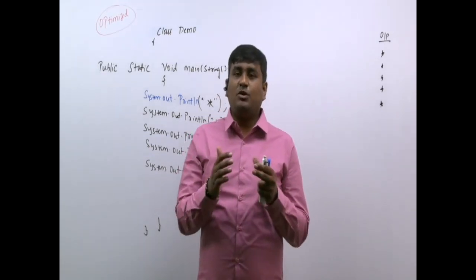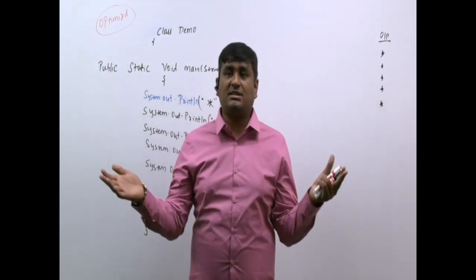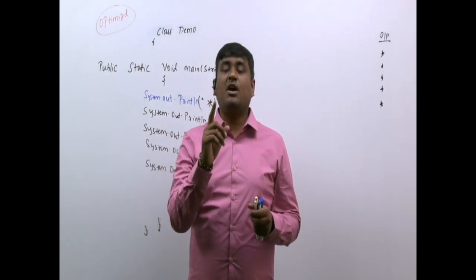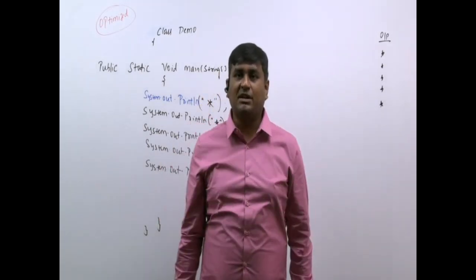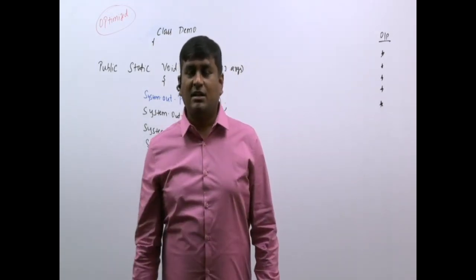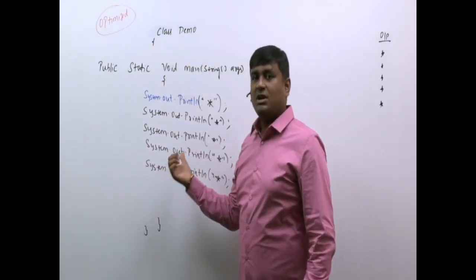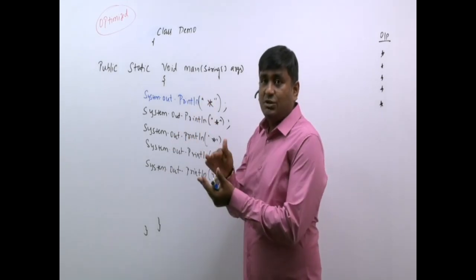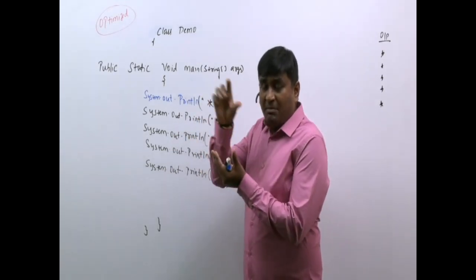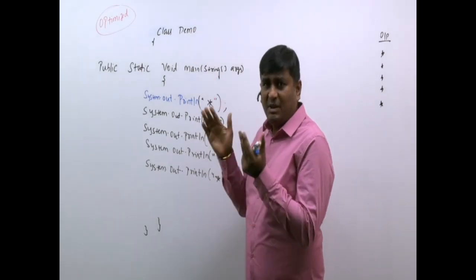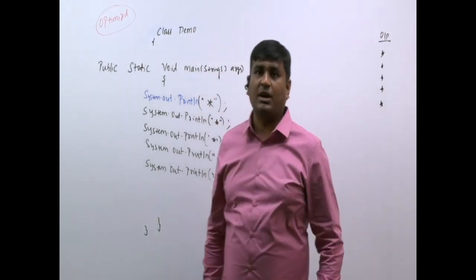Whenever a boyfriend wants to propose to a girlfriend, there are so many ways, but he will always search for an optimized way so that in less time his job should be done actually. That is only called optimization. So programming wise, optimized programs mean in less execution time my output should come, and in the minimum number of lines of code possible, I should be able to write the program.